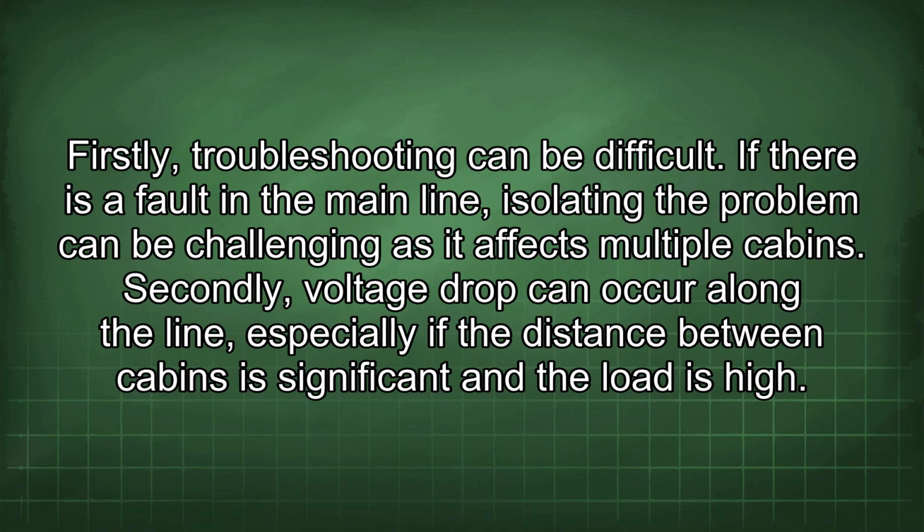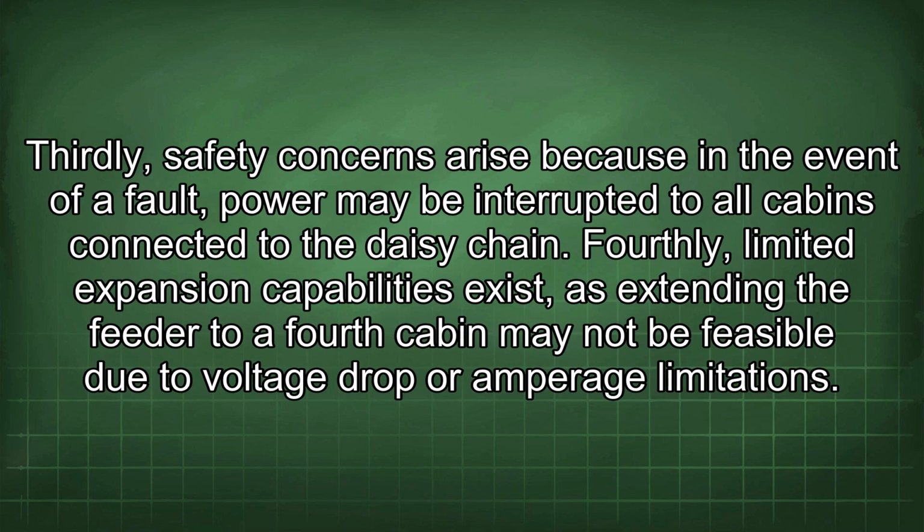Firstly, troubleshooting can be difficult. If there is a fault in the main line, isolating the problem can be challenging as it affects multiple cabins. Secondly, voltage drop can occur along the line, especially if the distance between cabins is significant and the load is high. Thirdly, safety concerns arise because in the event of a fault, power may be interrupted to all cabins connected